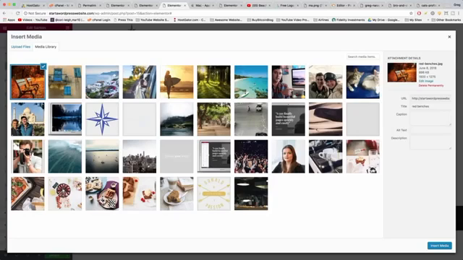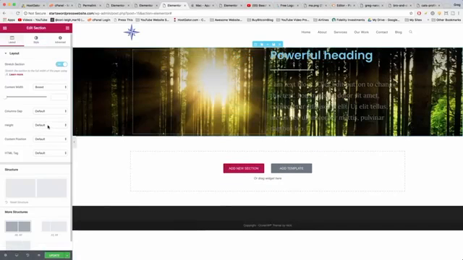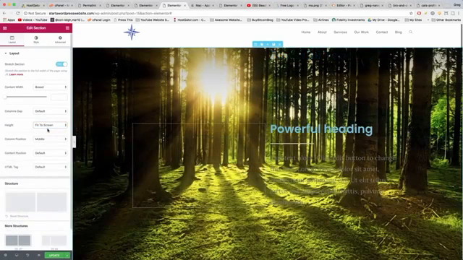All right, so first let's go with this nice mossy green forest floor and insert media. Now let's go to layout and stretch it, and height, we're going to go to fit to screen. Perfect. Now we want to give ourselves a nice white background on this whole text section so that we can